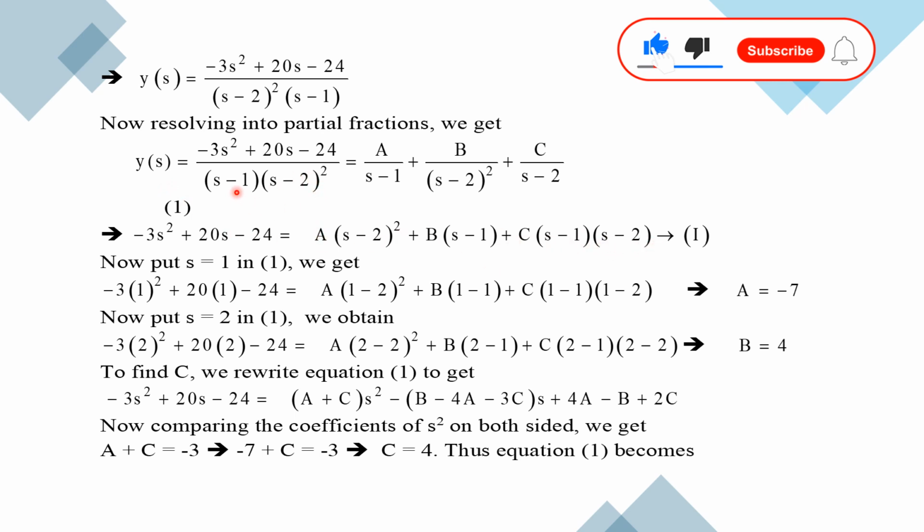Now apply the fractions: s minus 1 is equal to 0, so from which we have s is equal to 1. So put s equal to 1 on both sides of equation 1. S is equal to 1, and the left side is equal to 24. Replace s with 1, minus 24. As s is equal to 1, (s minus 2) square, b times (s minus 1) becomes 0, and c times (s minus 1) is 0, so c is also 0, so we will have just